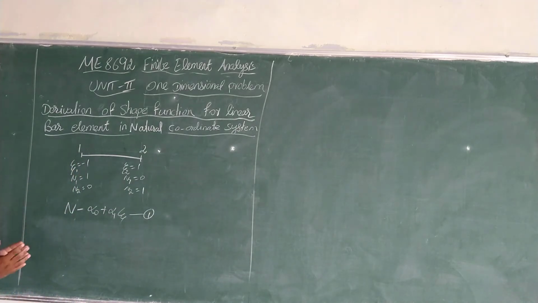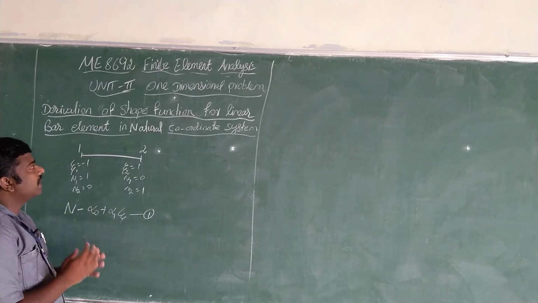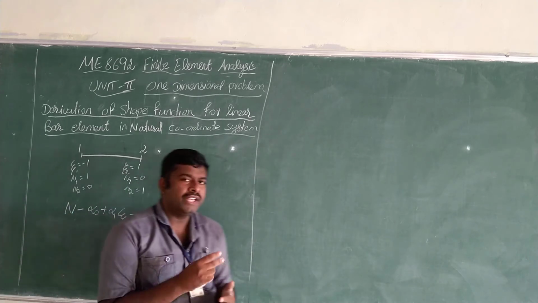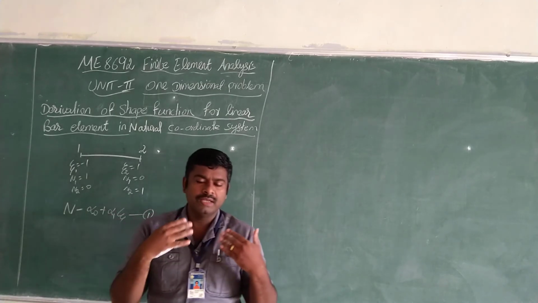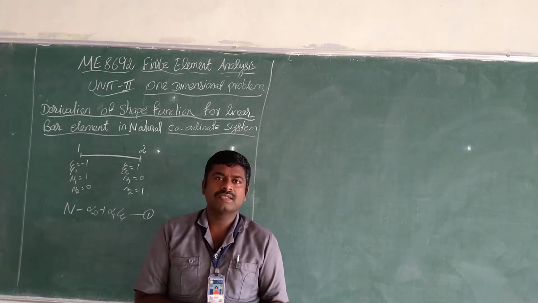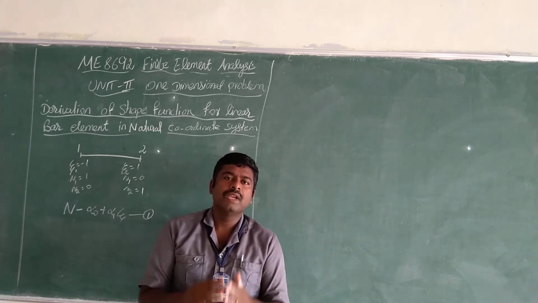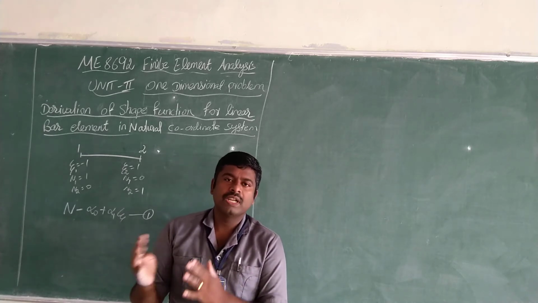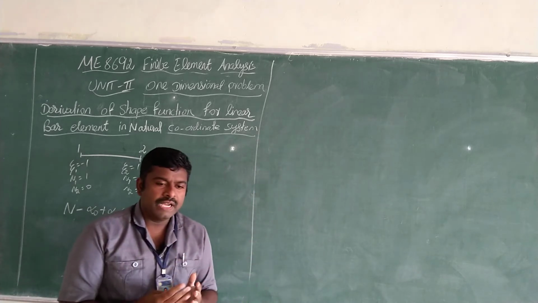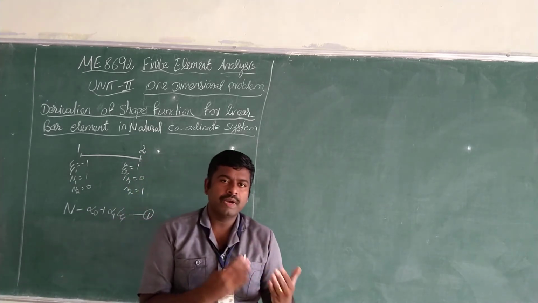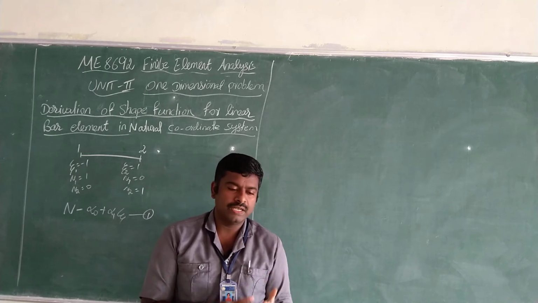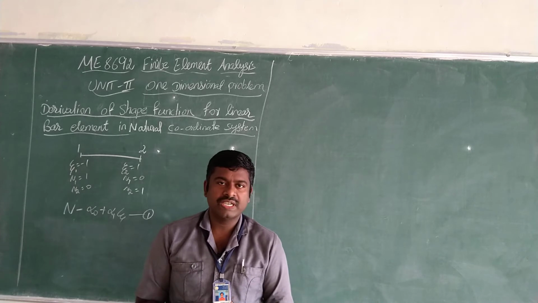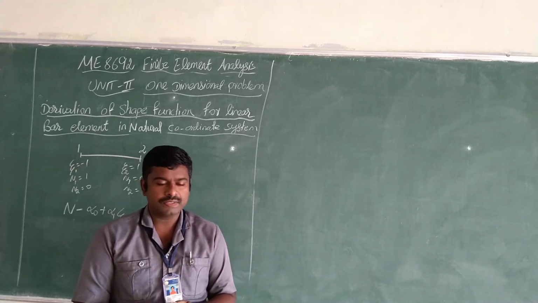So today I am going to teach you the derivation of shape functions for a linear bar element in natural coordinate system. Shape function means the values of the field variables are computed at nodal points, and these values are used to determine the approximate value at non-nodal points by interpolation of nodal values. In other words, the relation between the element point displacement, that is field variables, and the nodal point displacement, that is nodal variables, is directly achieved by using this function, and this function is known as shape functions.